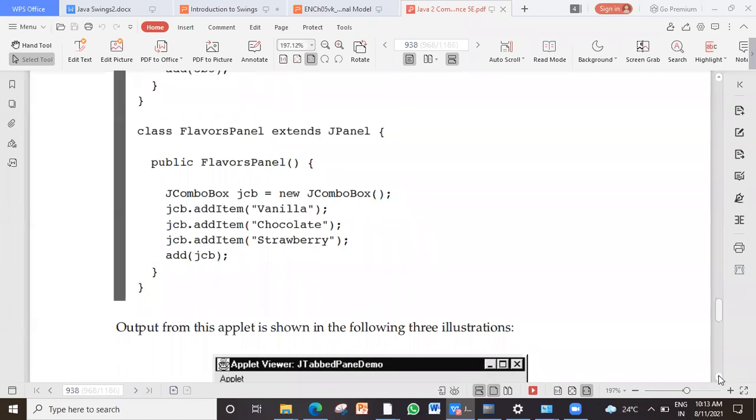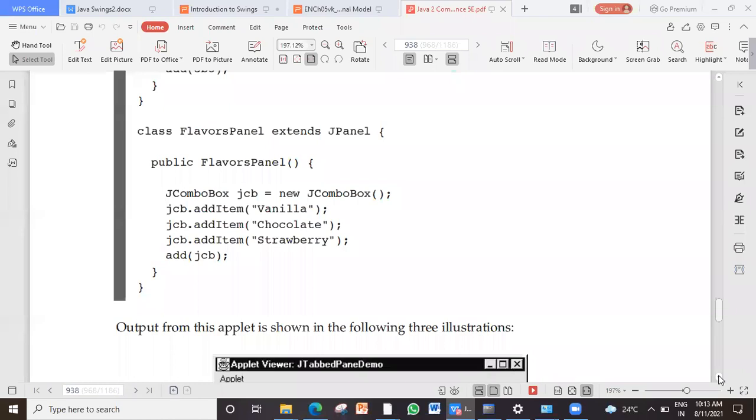Drop-down lists are of 2 types. Although it is not specifically mentioned in your syllabus, let me tell you. One is a list box, which purely gives you a list of values that user must select from. Right? There is a combo box, which is a combination of text box and list box. What does that mean? When you are provided with the text field, you can type in the values. When you are provided with a list, you can select the values. Combination of that means what? You can also select from the list of values, but suppose the value which you want is not available in the list, you can also type. Such component